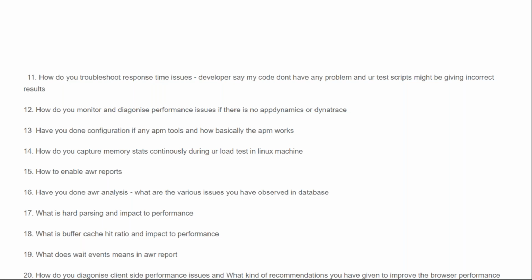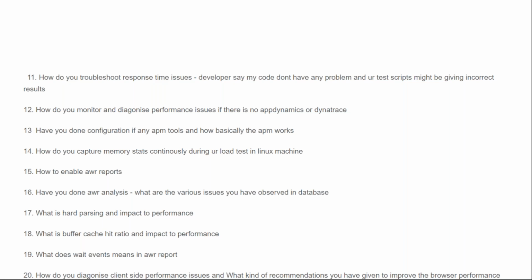Then again, in the recent past, client side performance is very important for sure. Anyway, that is going to be your end user experience. So even though we do the load testing, all the engineering at the server side, client side performance is also important, because if the slowness is there from the browser side, it is going to impact your end user, right? Because the end user will not understand whether the problem is with the database, the mainframe, or with the threads or memory. All the end user will want is the application to be fast, right?